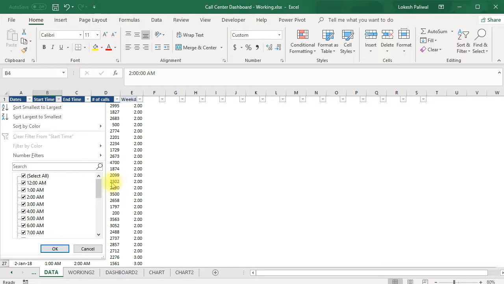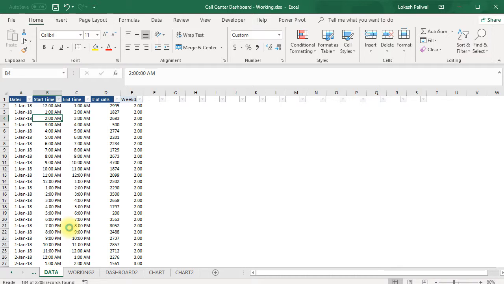So this bucket I want to check on first. You can see we have received